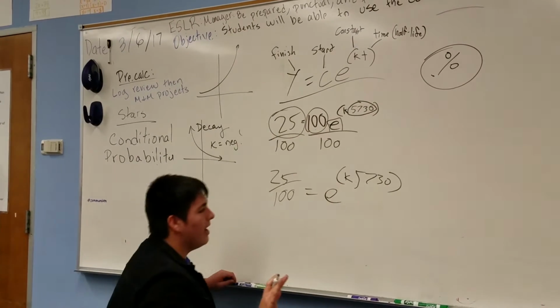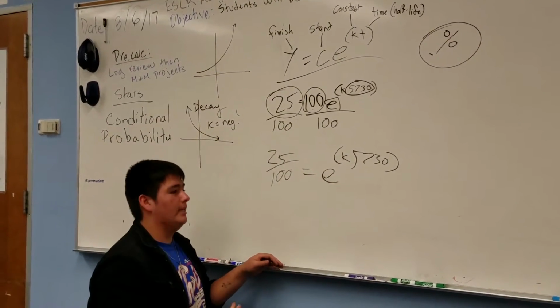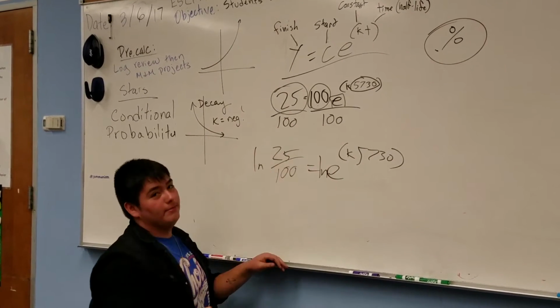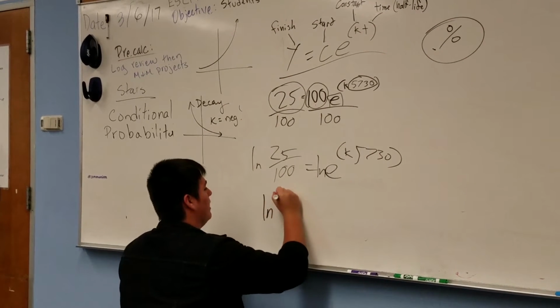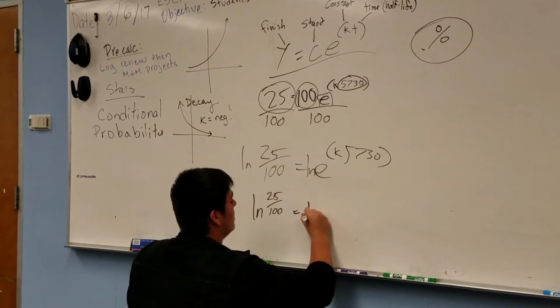Now, the only way to get rid of E is to put ln before it, because that's the way trig works. Don't ask me why. Really don't ask me why. So with that, we get ln 25 over 100 is equal to K times